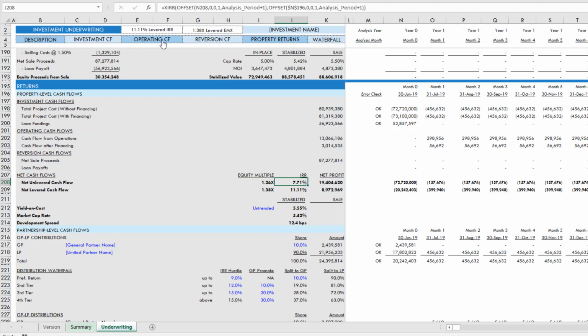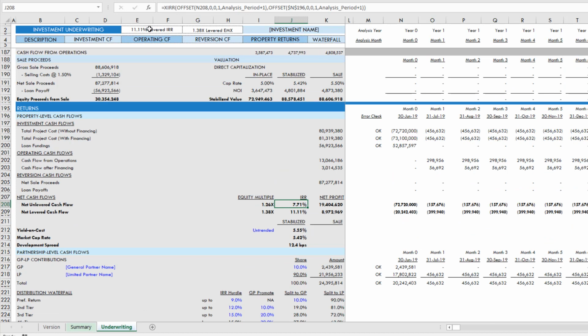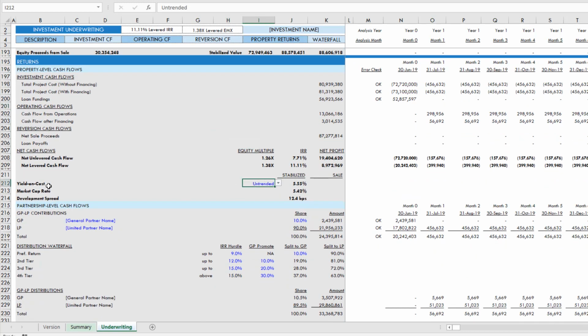Now at the very top in our fixed rows, you'll see that I have a property level IRR on a levered basis and a property levered equity multiple that I've just by default included at the top. And that way, as you're changing your assumptions, you can see how your property level levered IRR and levered equity multiple changes based on those assumptions. We also have a value creation metric here where you can look at yield on cost either on an untrended or trended basis and see how that compares to your market cap rate as of stabilization or as of sale. So for instance, we go untrended,